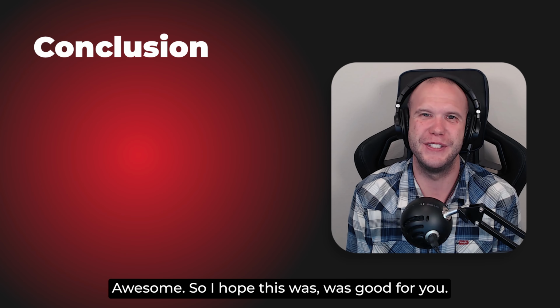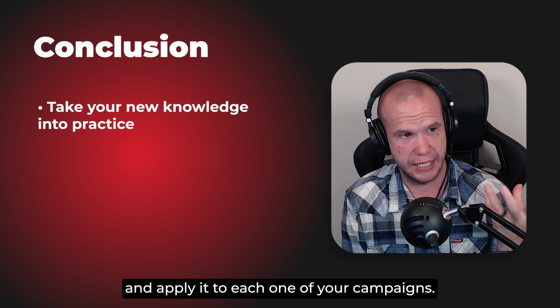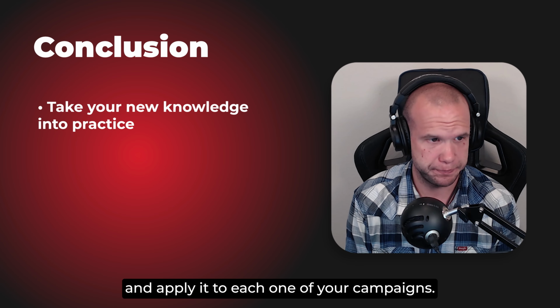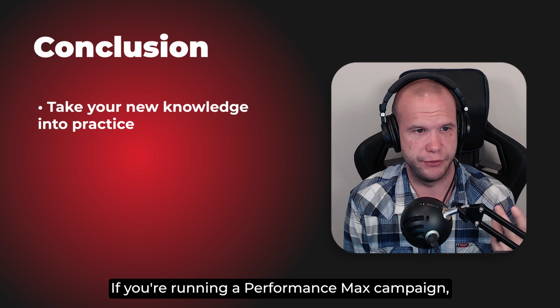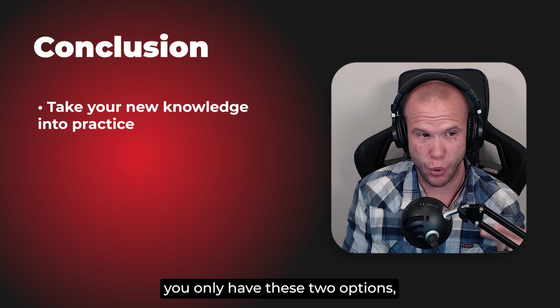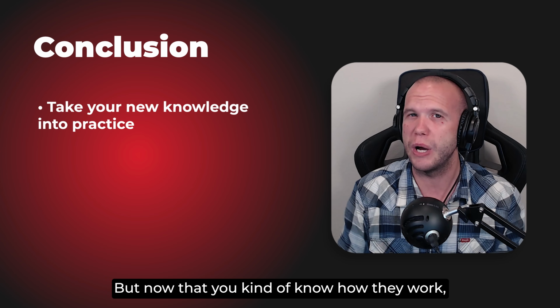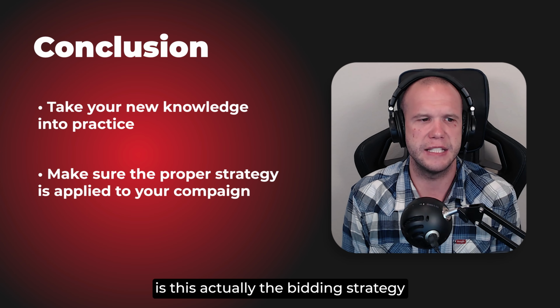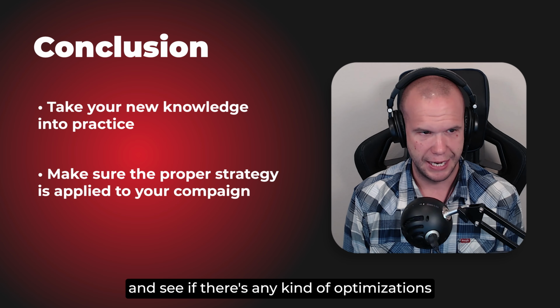Awesome. So I hope this was good for you. What I would actually challenge you to do is take what you've learned here today and apply it to each one of your campaigns. Search, shopping, YouTube is another one. If you're running a performance max campaign, you only have these two options: maximize conversion value. But now that you kind of know how they work, go through and say, is this actually the bidding strategy that's properly selected for the campaign for its purpose? And see if there's any kind of